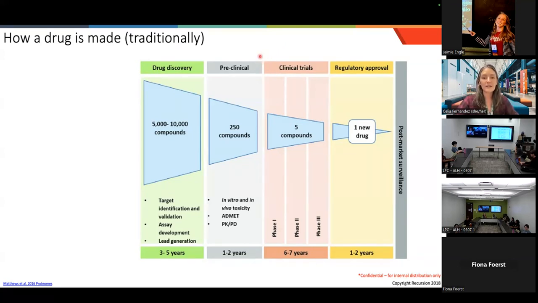After you get through the preclinical phase, you ask the FDA if you can start dosing in people. There's a whole process. They're very stringent, which is a good thing. You want them to be stringent. They give you the go-ahead, then you start going into clinical trials. You've probably heard of phase 1, phase 2, phase 3 clinical trials. These different phases do slightly different things.